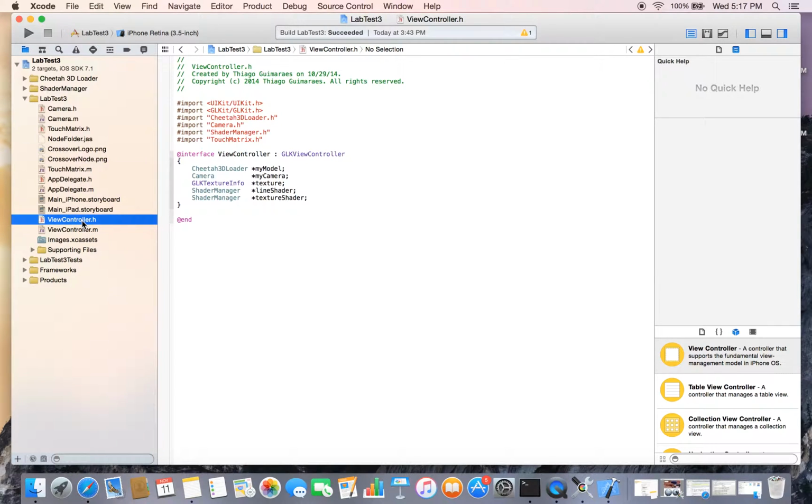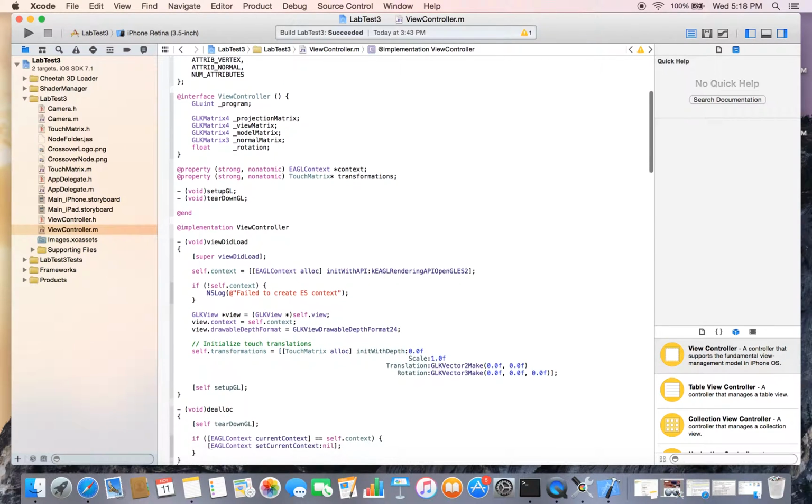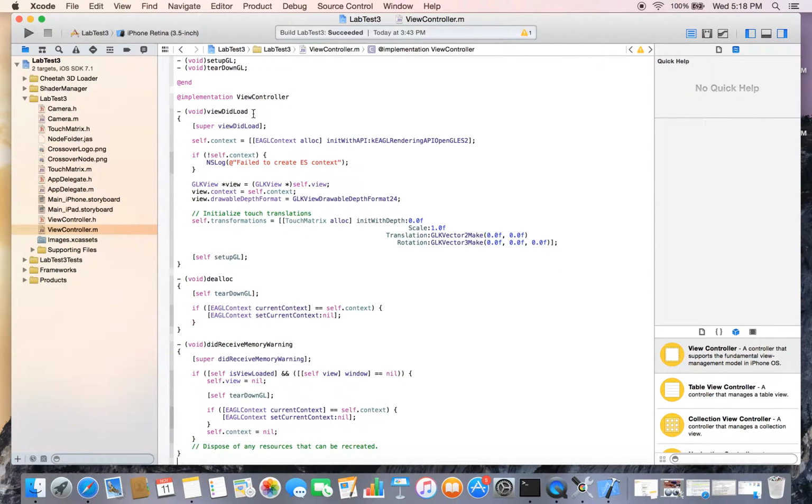And in my view controller, of course, I imported the Cheetah 3D loader, the camera.h that I was just showing you guys, and the shader manager and touch matrix. That's the main matrix that I'm going to have as part of my load process. And in my view controller.m file, I have all the startups for the load that I'm going to do. So basically, when I do the didLoad, I am going to launch GLKView, and this GLKView will load the file with all the